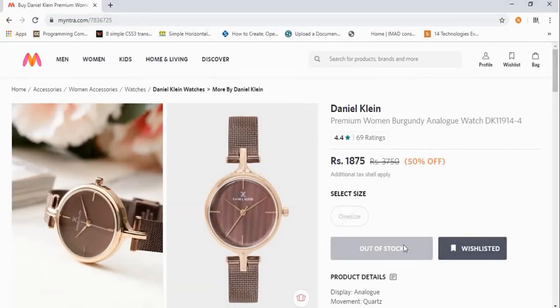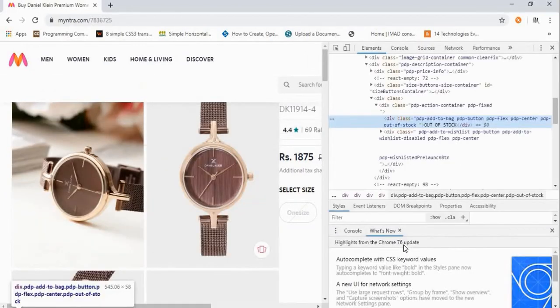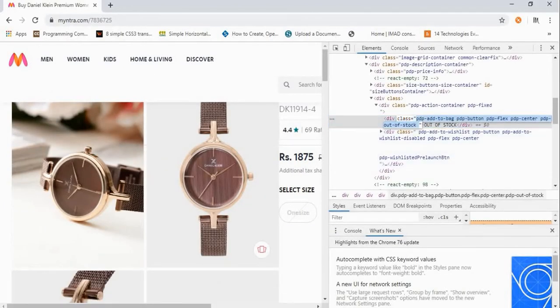Our next task will be relating to HTML. Here you must have a little bit of knowledge of HTML. So as you see, we have this out of stock button here. Right click on it and a menu pops up. Click on inspect element and you will be shown a window like this. So as you can see, it's written under class. Just copy this class portion, just the text within the quotes, and we have to look for this class in order to search whether our watch is out of stock. So let's go back to our program